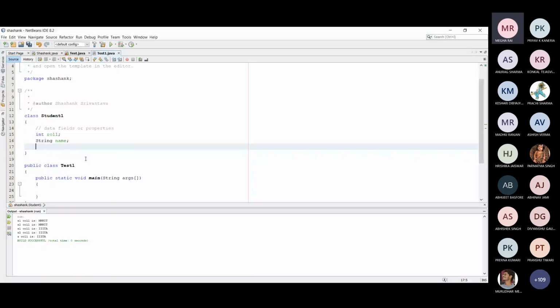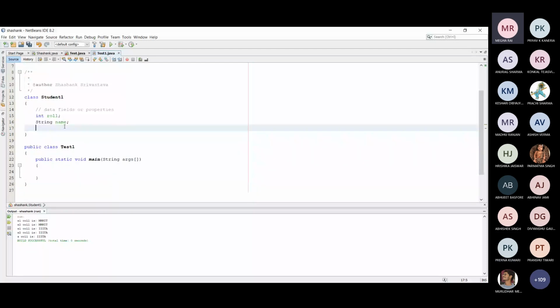so basically we don't take a method here. Suppose there are two fields, and now if I would like to create the object of this particular class, so